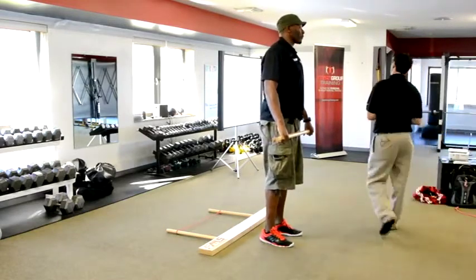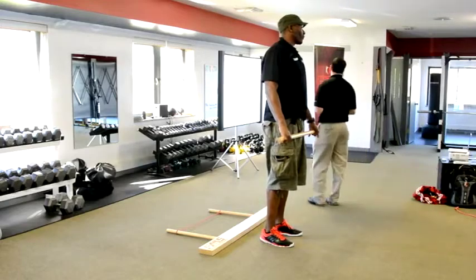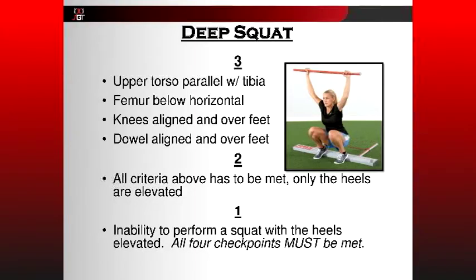What I'm looking at, these are the certain things that I'm looking at. So in order to get a 3, there are 4 big bullet points that you have to hit. If you don't hit them, you can't count it. Upper torso is going to be parallel with the tibia. So basically the shin and the spine should be roughly parallel. The femur below horizontal, that's one of the areas where he was restricted, he wasn't giving me the depth